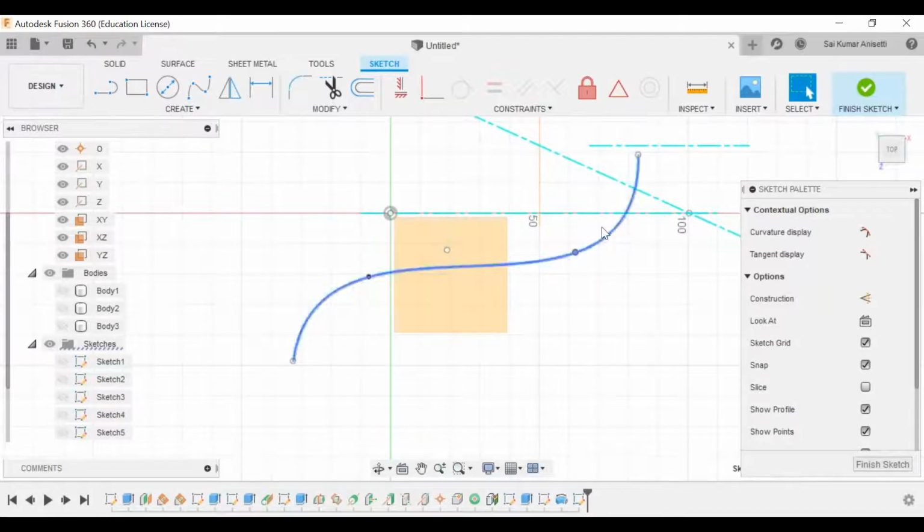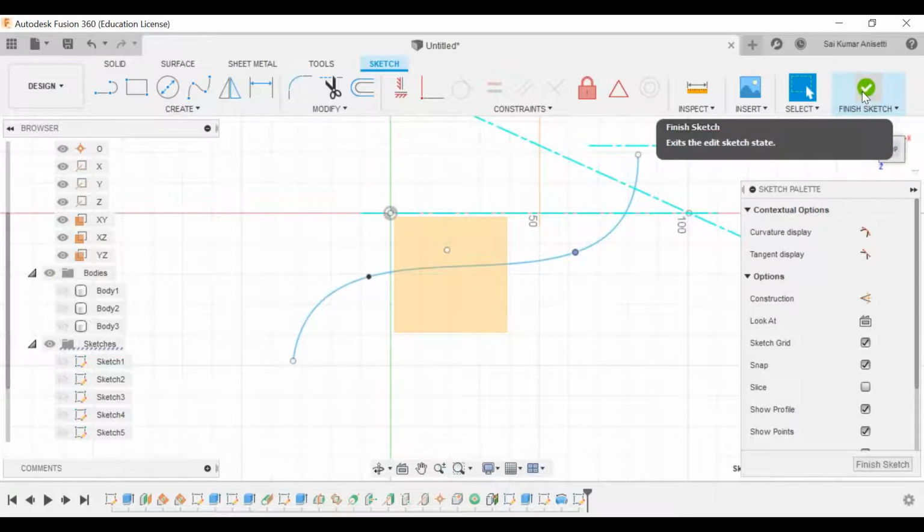The curvature of this spline cannot be fixed. That is impossible. That is one of the most important interview questions: whether you can fully define your spline. No, you cannot. That is why splines are mostly not used properly in automobile design.